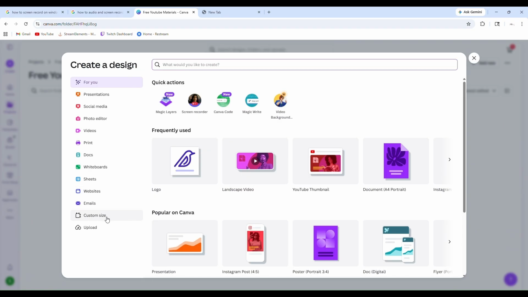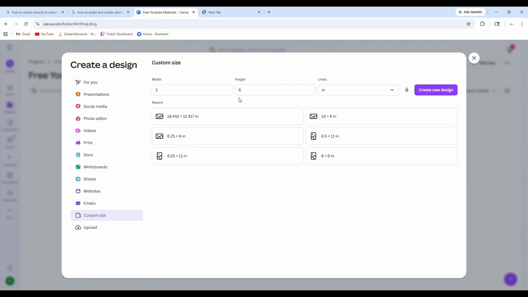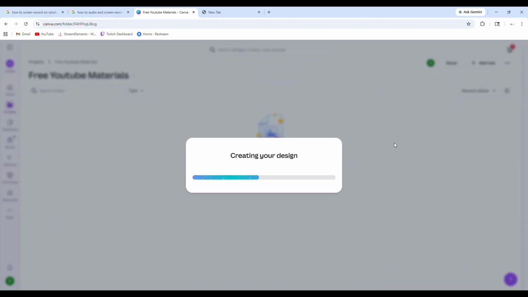We are going to do a custom size, and this is the size that we're going to be using. We're going to be making an A6 shaped savings challenges. So I'm going to do 3x6. Now, usually I do 4.13 by 5.83, which is my usual A6 size, but I wanted to try something a little bit skinnier, so we're going to do 3x6. So we're going to go ahead and create that design,